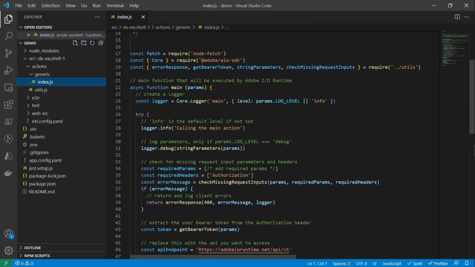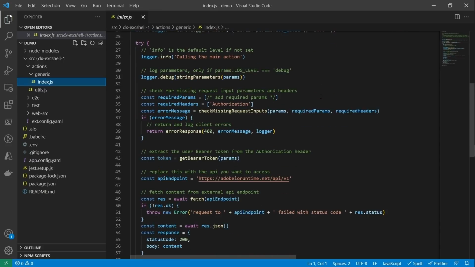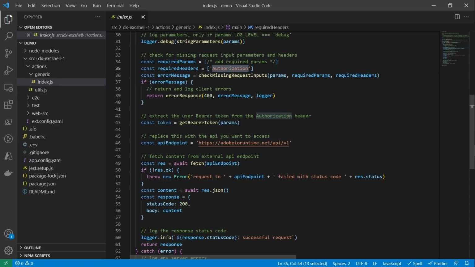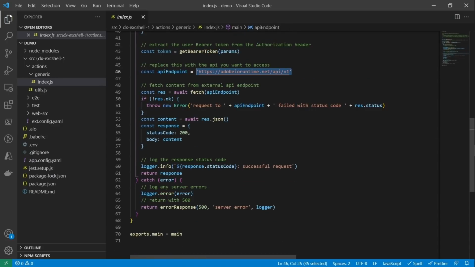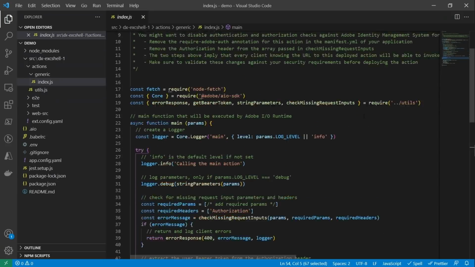So basically what this microservice does is it brings in parameters, it logs a bit of data, it checks for authorization, and then it calls this endpoint, which is a testing endpoint that just returns some dummy data. And then after it gets the response, it returns it to the caller. Really simple, but actually quite useful because in a lot of your use cases, you're just calling a service, getting some data back and returning it. So, it's set up for best practices there.